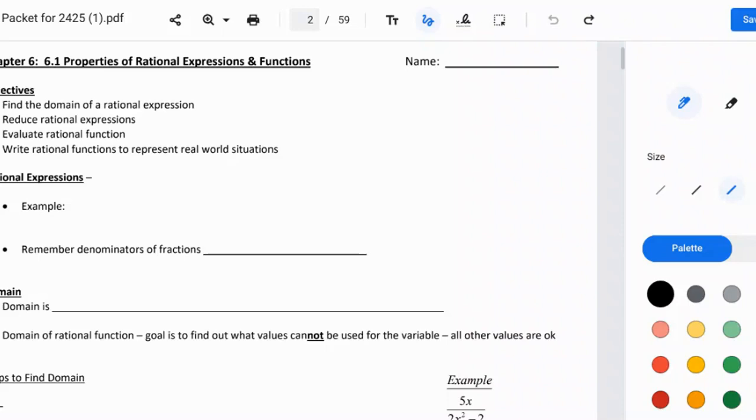Properties of rational expressions and functions. Our objectives are going to be dealing with finding the domain, reducing rational expressions, and evaluating, and some real life